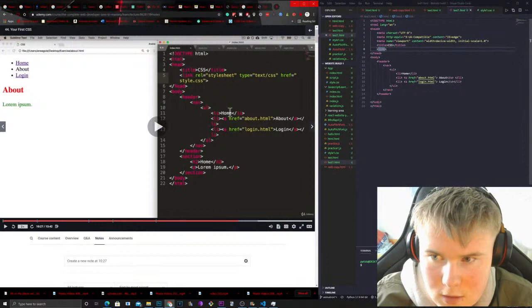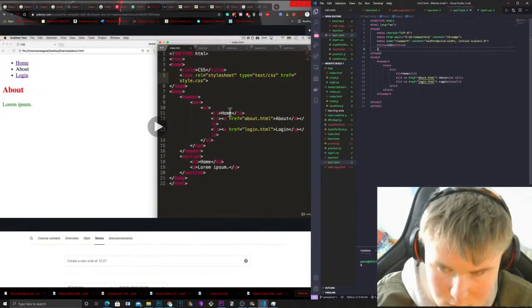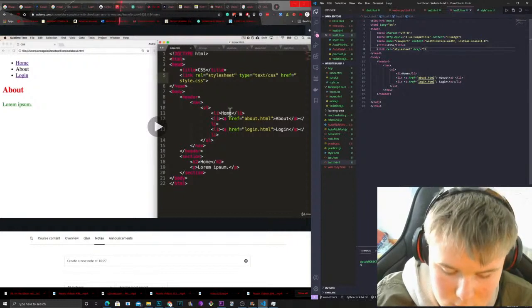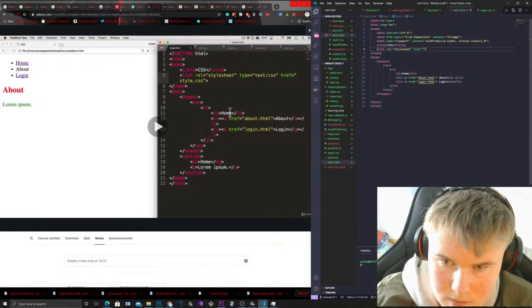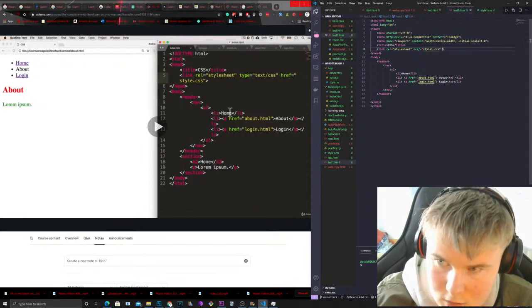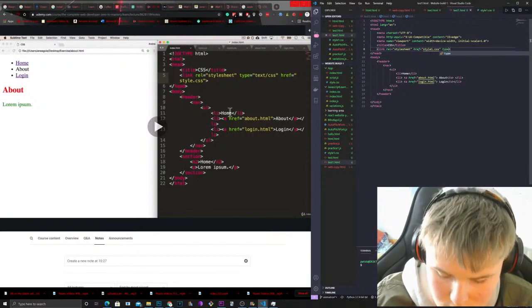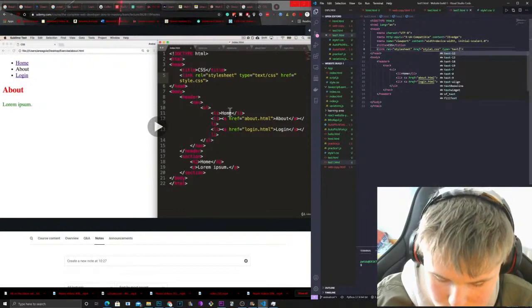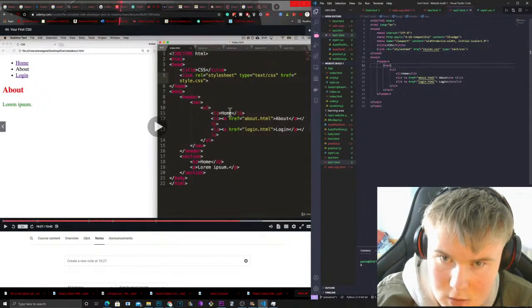Alright, so we need the link here. Link, rel stylesheet, href equals style1.css, and then do type equals text slash CSS. Now you can see